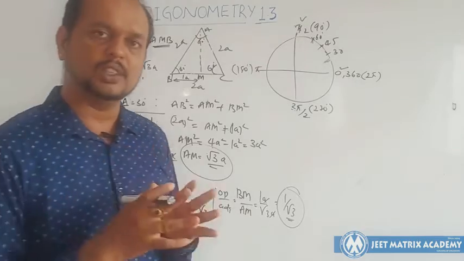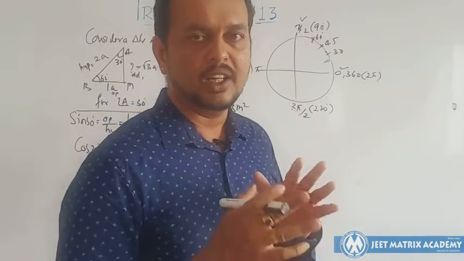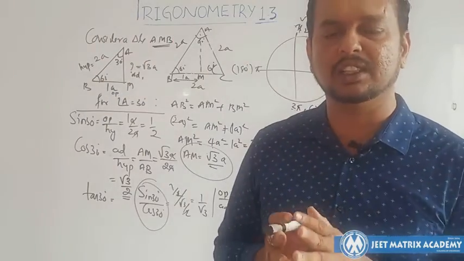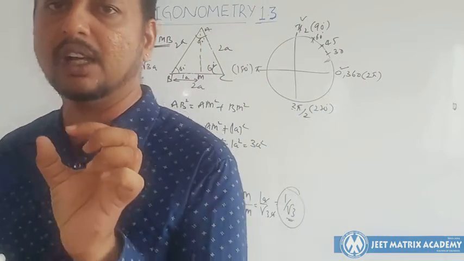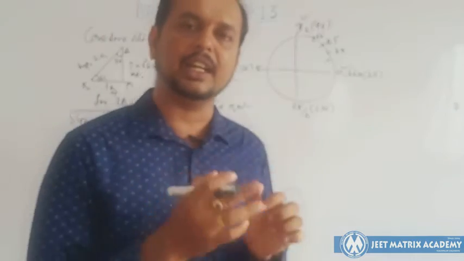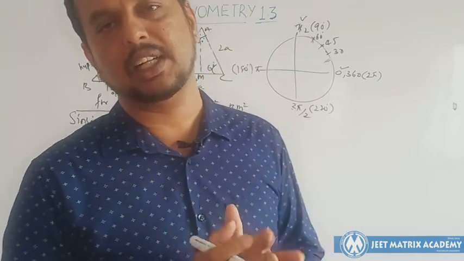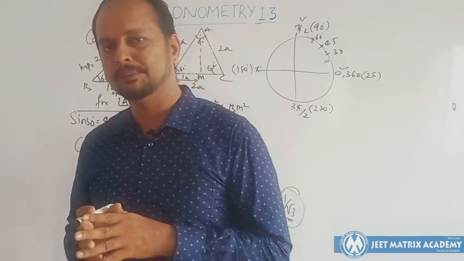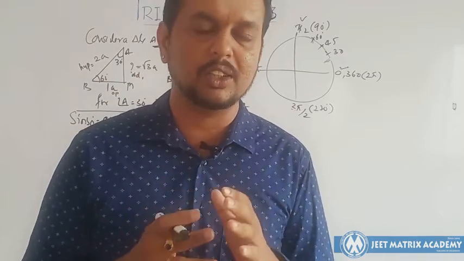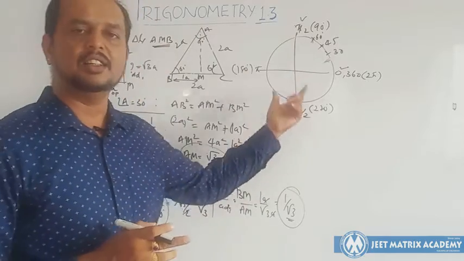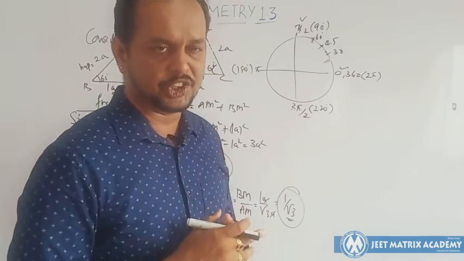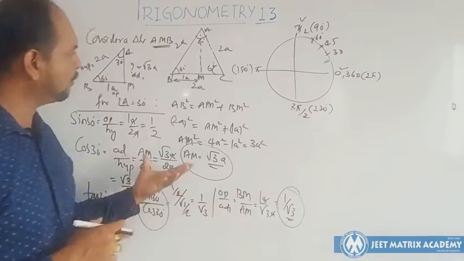Okay, so that way you are supposed to remember. 2-3 times you tell yourself, try to remember in mind. Because these fundamental angle values are most important and they will come again and again. If you miss out here, then it will be very difficult. I will tell you a few more techniques on how to remember. We will see the angle wheels in the next sessions.